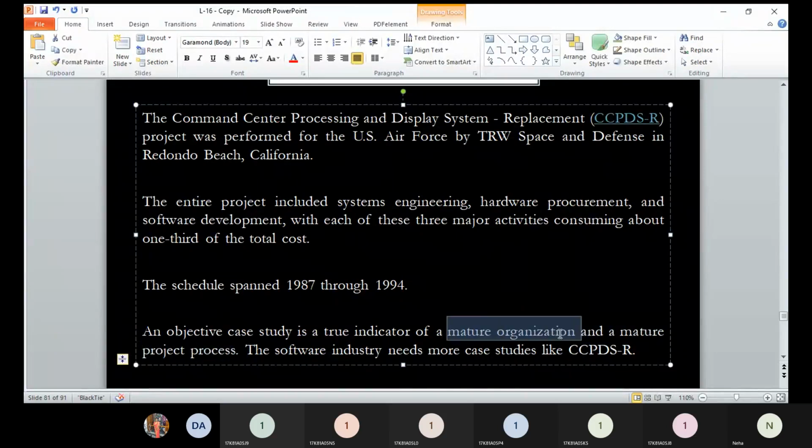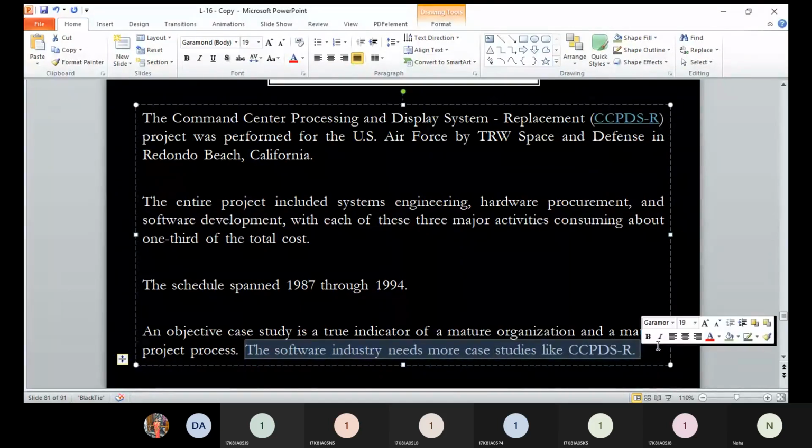When terms like mature organization and mature project process come up, you should have this idea. About mature organizations we have studied in the first unit: how organizations get mature level by level, and what those 5 levels are. Software industry needs more case studies like CCPDSR. Obviously there are more out there, but the book that we are following and the syllabus that JNTU has prescribed has the CCPDSR case study, so that's why we are covering it.